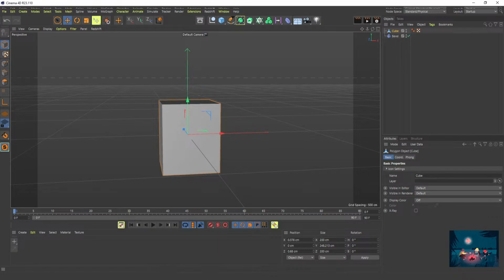It displays the object's local coordinates, such as position, size, and rotation. Object. And in this case, the size